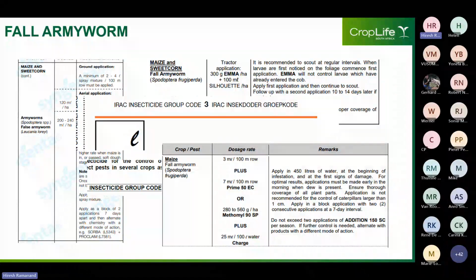what we see, and I've just given each of you a second to pay attention to that part. What we see is that this product can be applied twice to a block of maize, where each application is spaced 7 days apart. Where more than 2 sprays are required, the label makes it clear that the product must be alternated with another insecticide from another mode of action group, where 2 examples of products are provided as well. As per the resistance management guidelines compiled